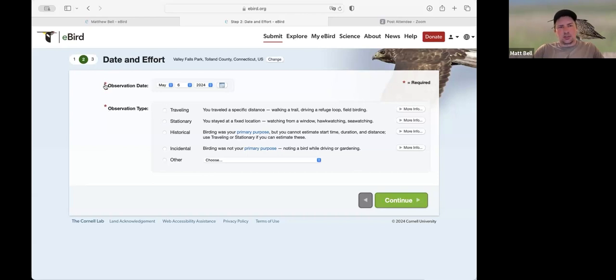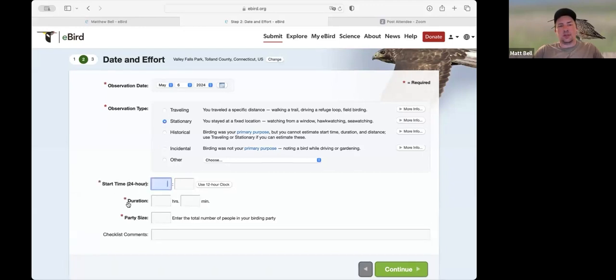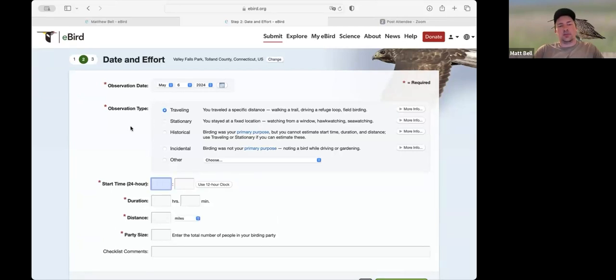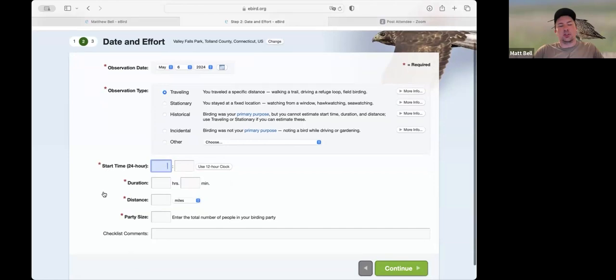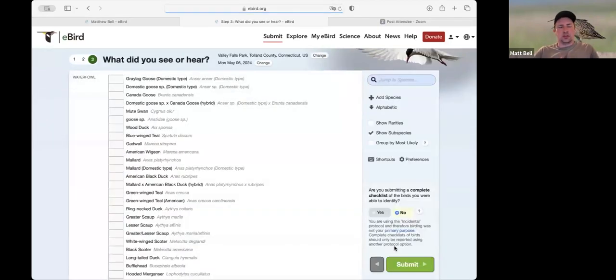Now, these red asterisks make it required, and you have to supply this information. So if you were to do incidental, you don't have to necessarily put your time or party size. But if you picked stationary, you would have to do start time, how long it was, and party size. And if you did traveling, you would do start time, duration, how far you went, and party size. Now, once you fill this information in, so for the sake of not having to put all this in, I'm going to do incidental. You would be greeted with a